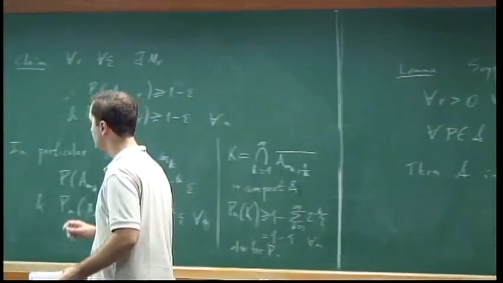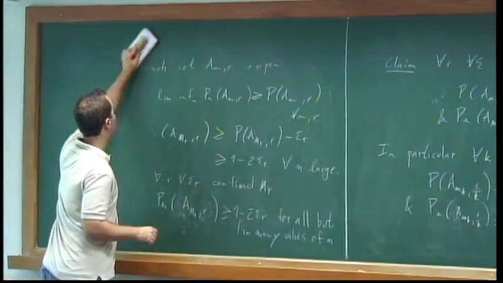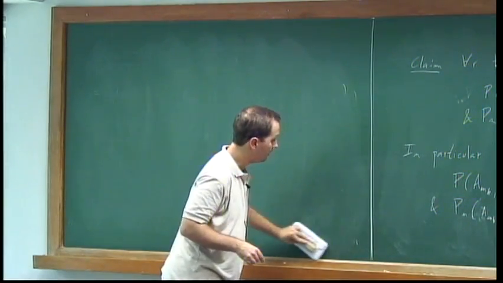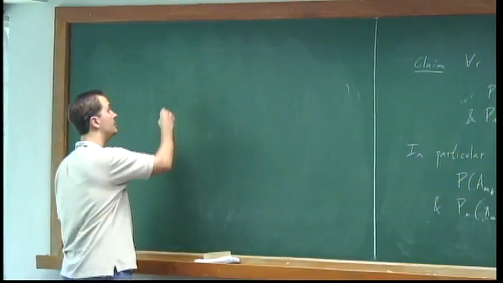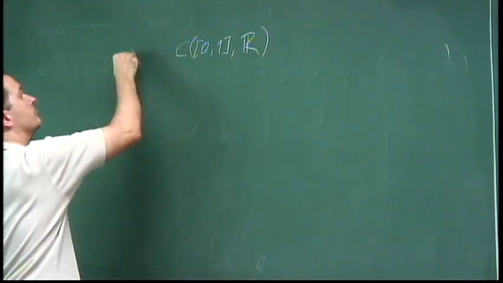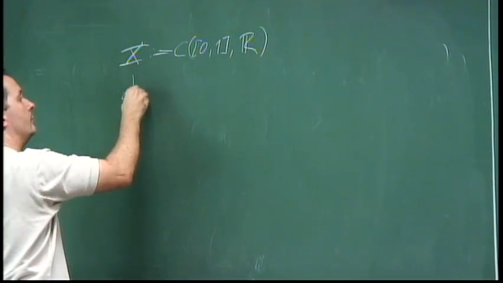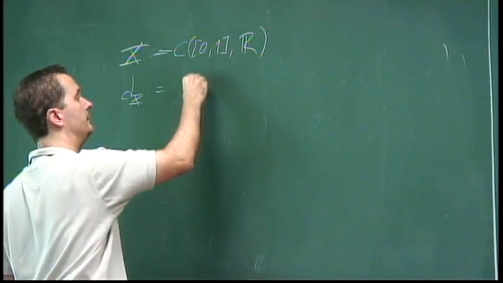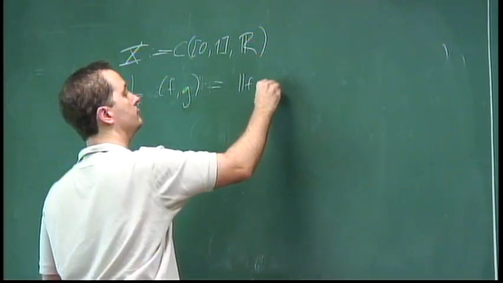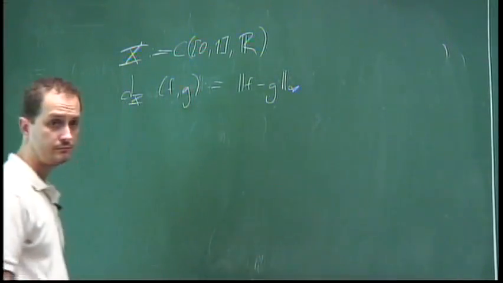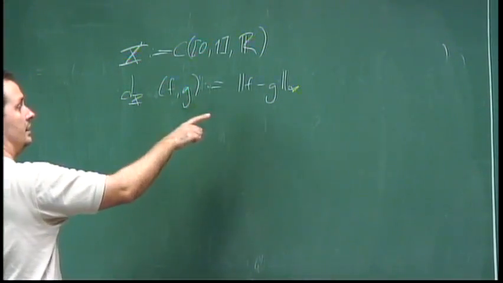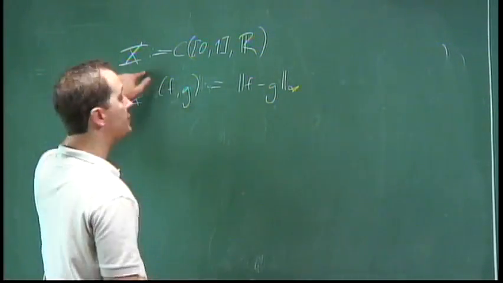So for next class, let me just say what we're going to talk about. For the last few lectures of the course, we're interested in one particular complete metric space, or a Polish space, which is this one. The distance between two functions here. Right, so it's an exercise to show that this is a Polish space.